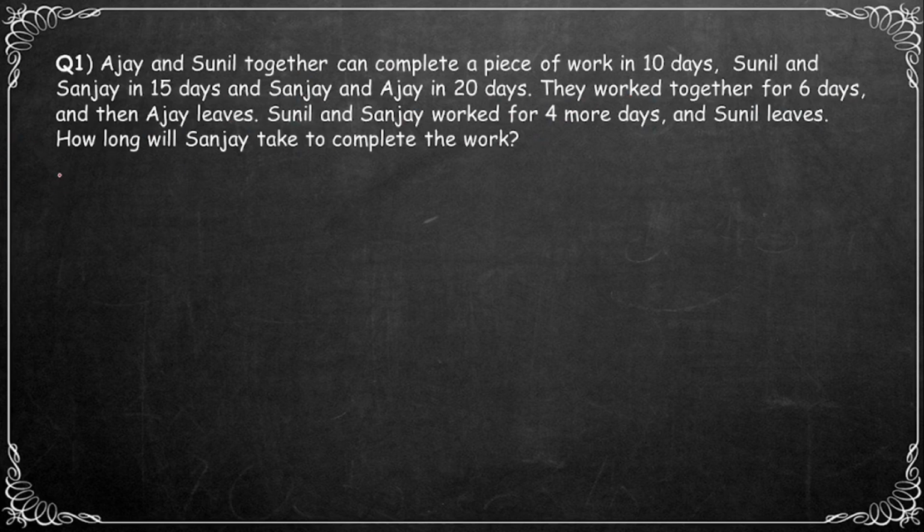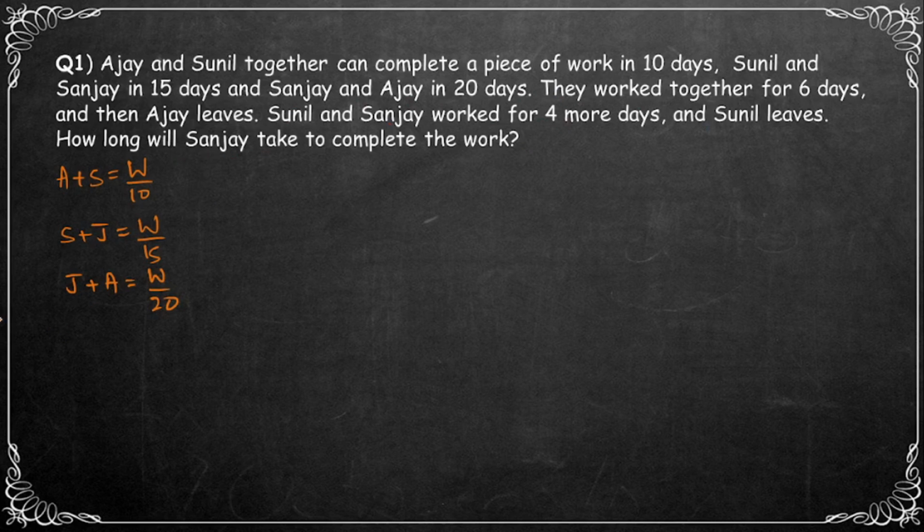So if we write equations, Ajay and Sunil can complete the work in 10 days. Sunil and Sanjay can complete the work in 15 days. Sanjay and Ajay can complete the work in 20 days. Here the work is split into 3 parts. The first part is done by them together, the second part is done by Sunil and Sanjay, the third part is